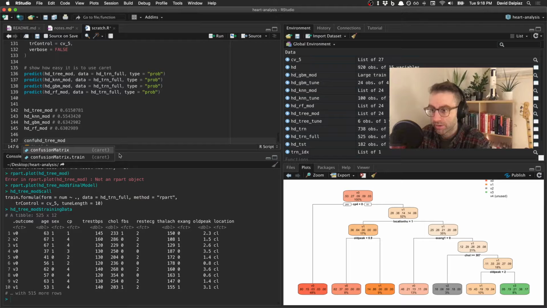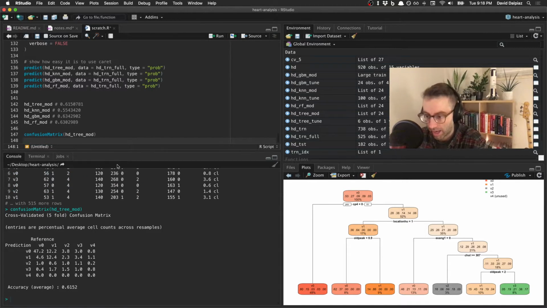So I think I can do this. Aha, here we go. So what I have here is a cross-validated confusion matrix. So what this says is, averaged over the 5 different confusion matrices that would have been created in a 5-fold cross-validation, it looks like 47% of the time, the person did not have heart disease, and we predicted they didn't have heart disease. These are also good predictions,